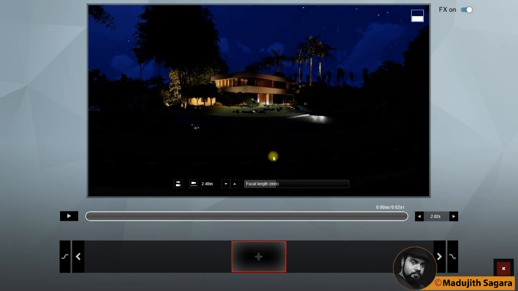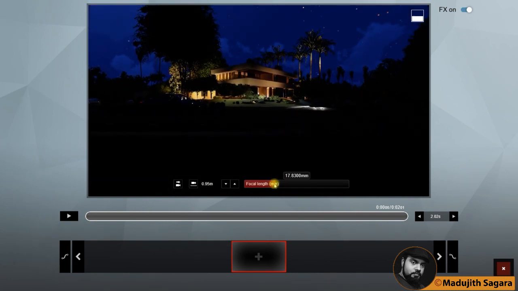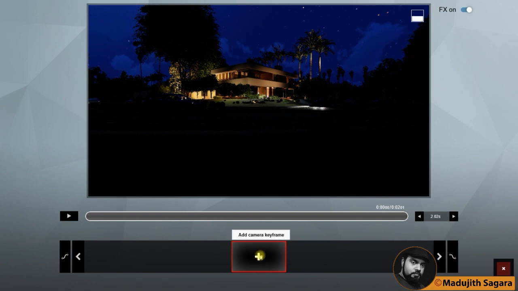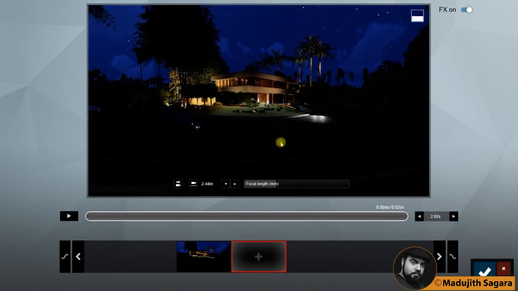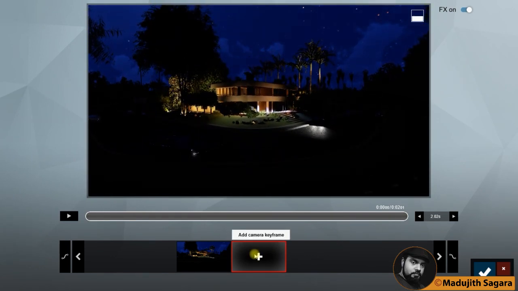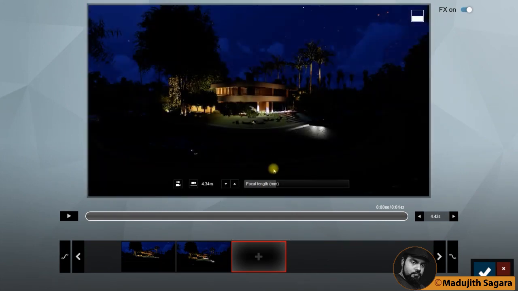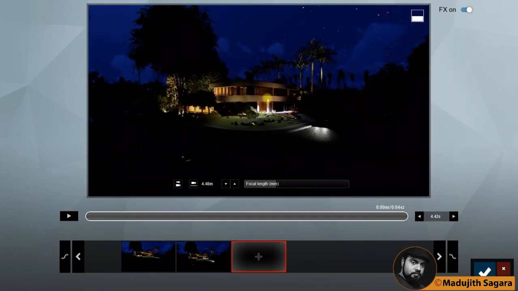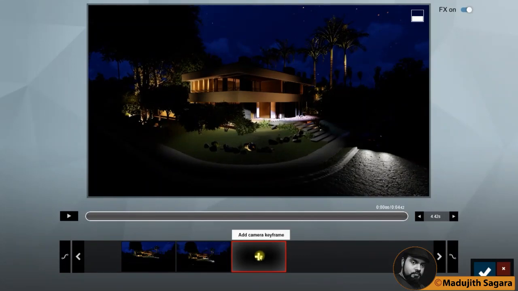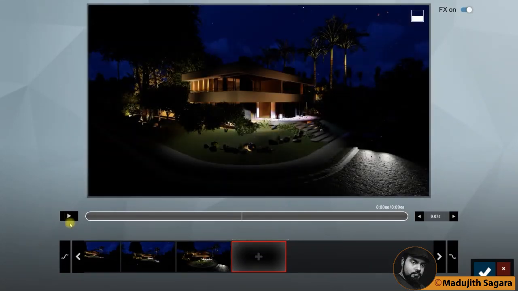Right, then we will try some movies, try some shots. For that I have to select one shot and select one of my shots here. Then I have to add the camera frame. Then I take a photo. Now I have to go to the next position. It will be here. Then I will add another. Then think my next position is here. Then I can play my movie and see the beauty.